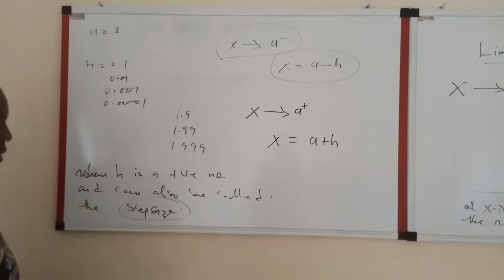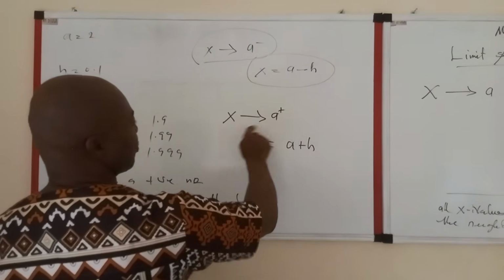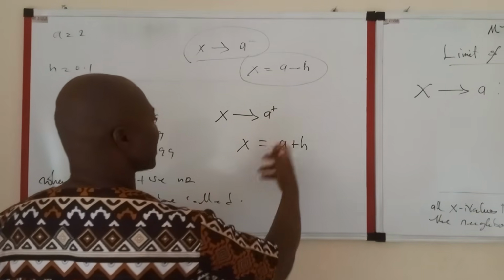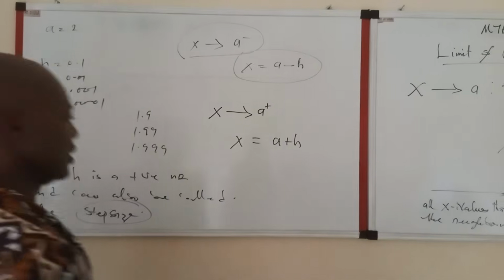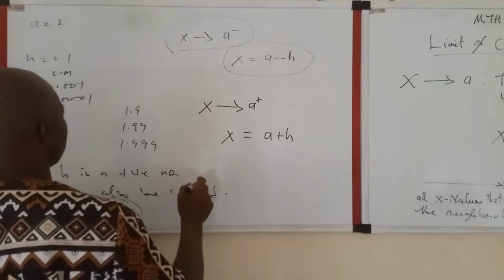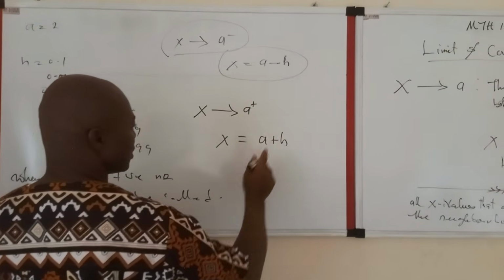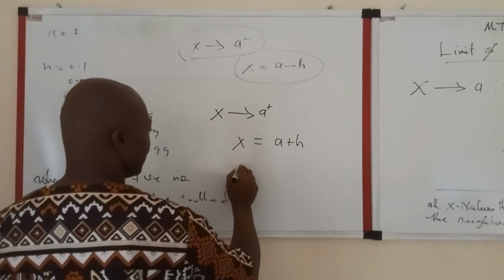The step size. So in this case, we are saying that x approaches a from the right-hand side. So if we say a is equal to 2, then we are saying that those numbers that are very close to 2. And from the example that we got, in this case here now, that small positive number will be